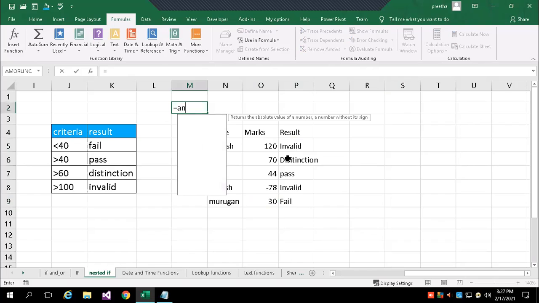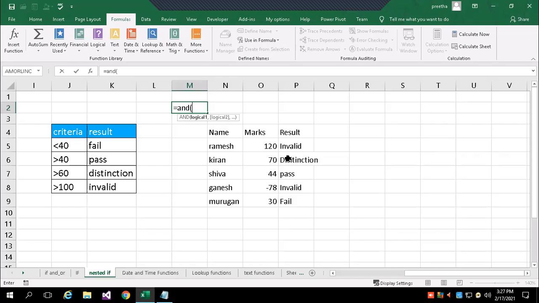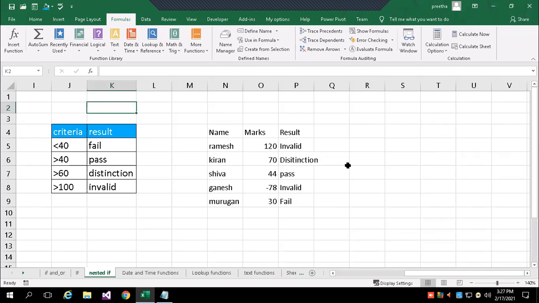If you observe here, AND is used to compare more than one argument. That means more than one condition, and if all the conditions are satisfied, then it returns true, or if any one fails, it returns false. Let's say, here is a small example, I give 2 marks.